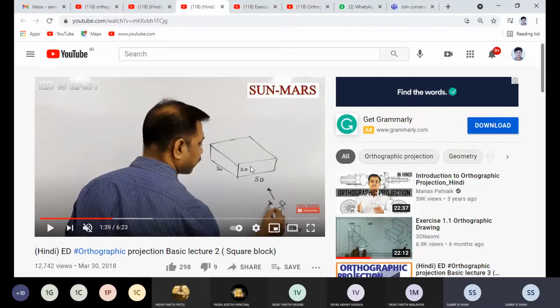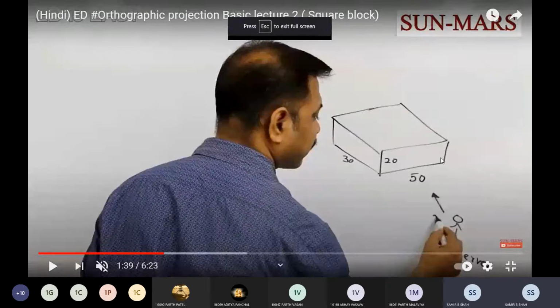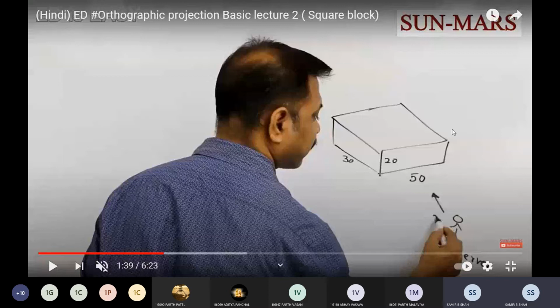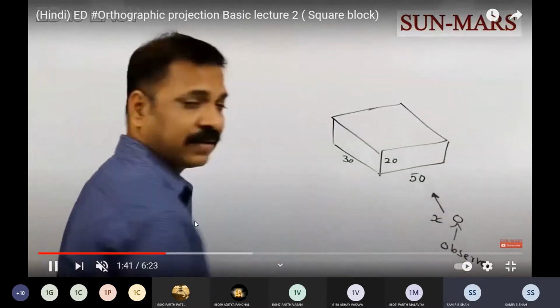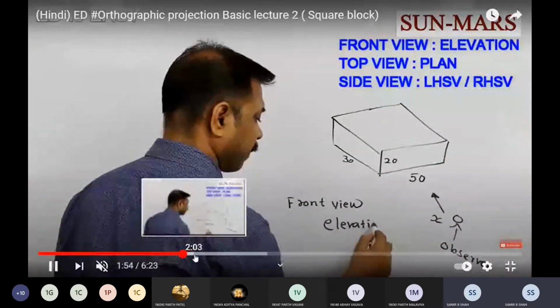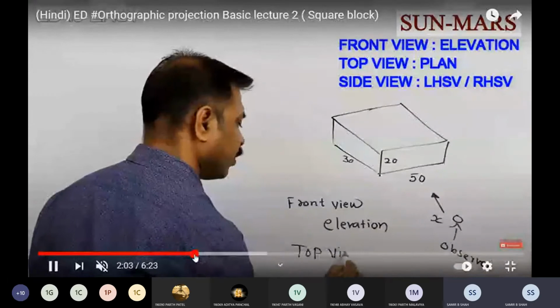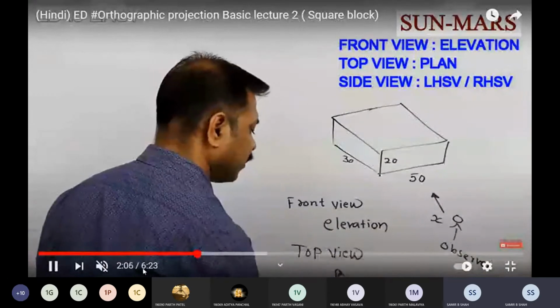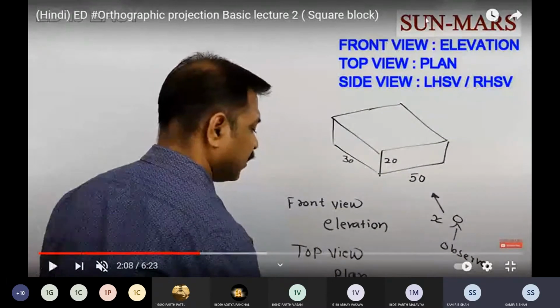These are the very easiest problems. When we go for complex problems, then you have to find the total length, total height. But each and every dimension is given to you directly or indirectly. So you can find all of that by practicing. As we know that the arrow is given to you, it is called an elevation or front view, and what we see from above is called a plan or top view.